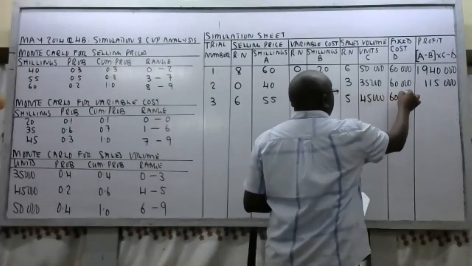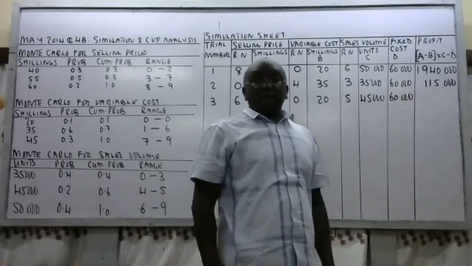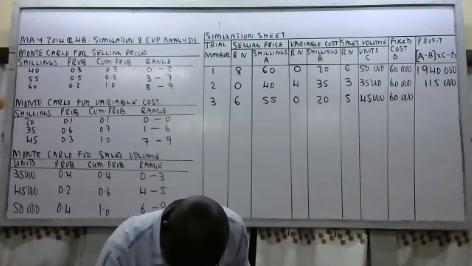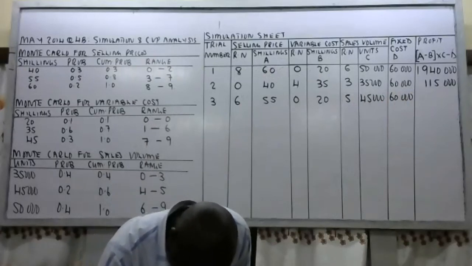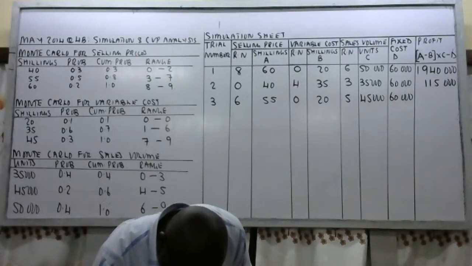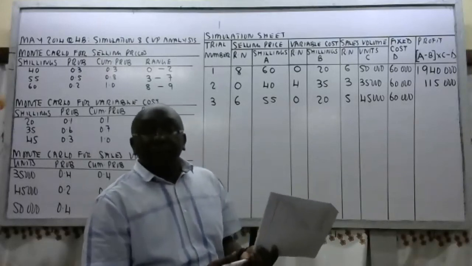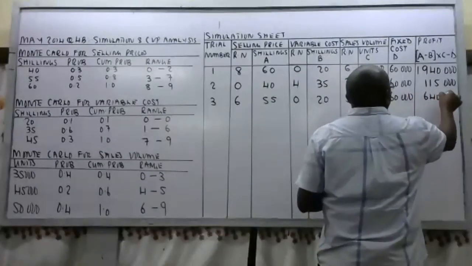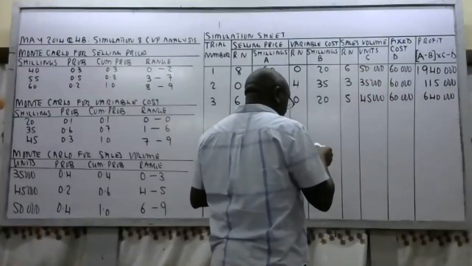Fixed cost 60,000. $640,000. Good. 640,000. So after 5,